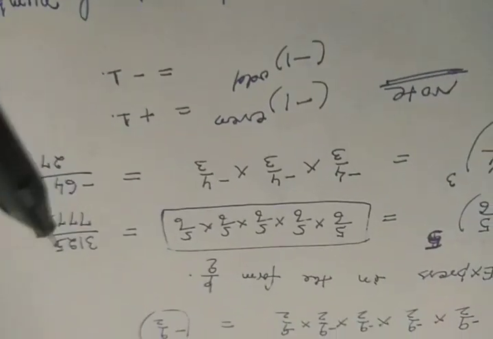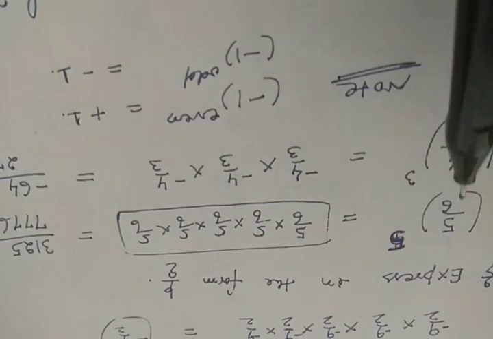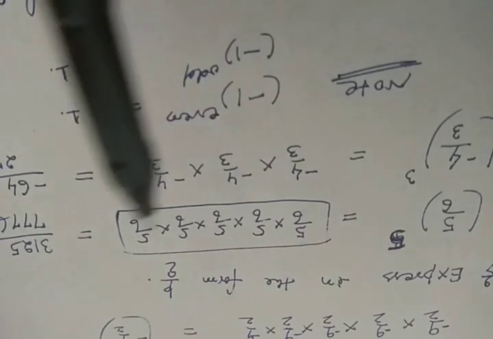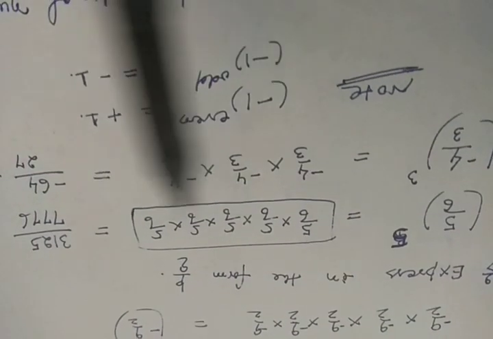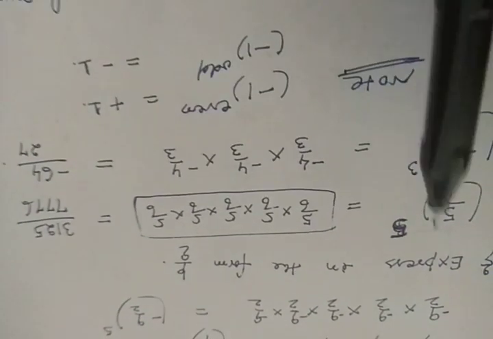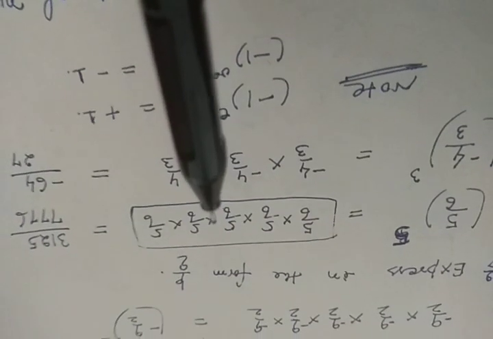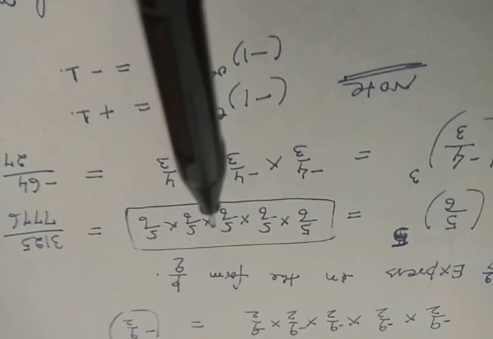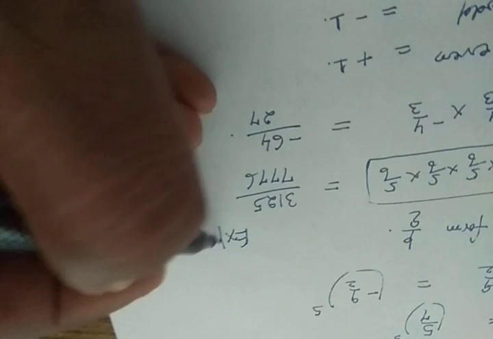Have you understood? Once again, 5 by 6 to the power 5 can be written as 5 by 6, 5 times. And now multiply all the numerators, multiply all the denominators. You are getting this one. Now just see, this is known as exponential form. This is known as expanded form. Yes. May I write for you? Just see, I am going to write for you. Expanded.